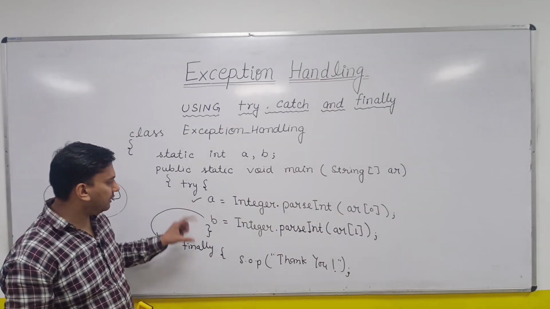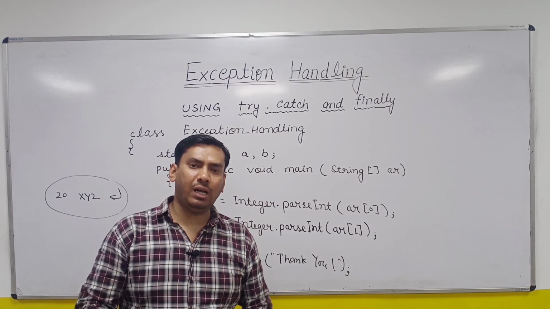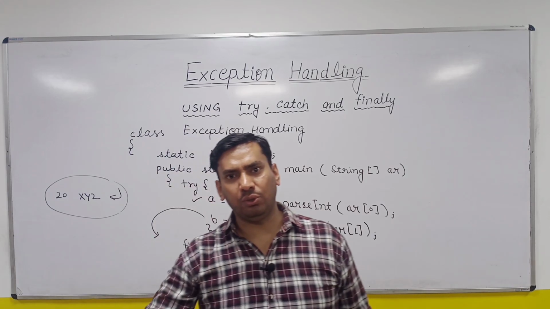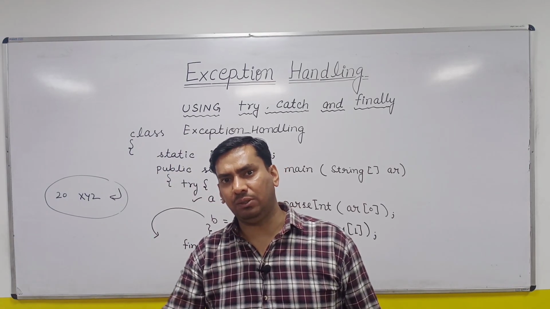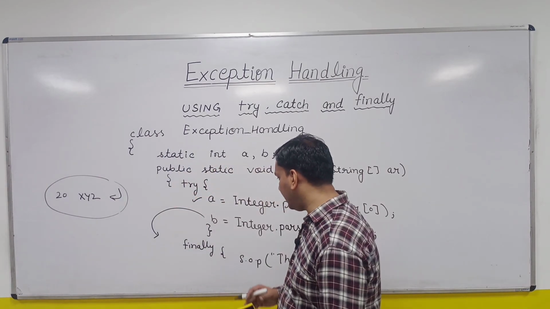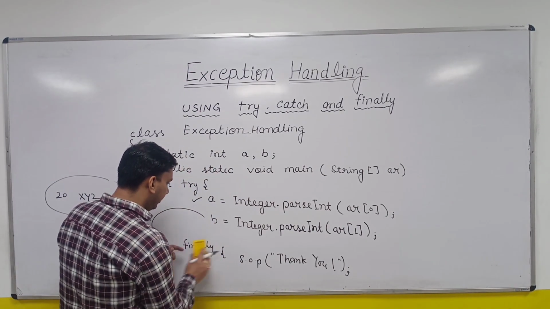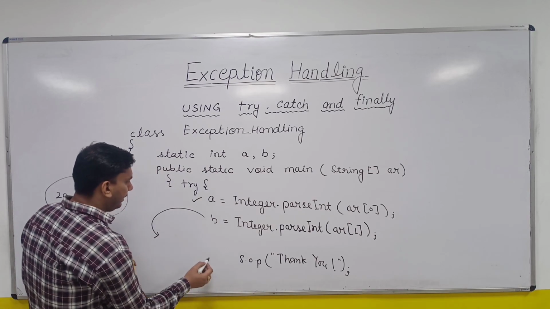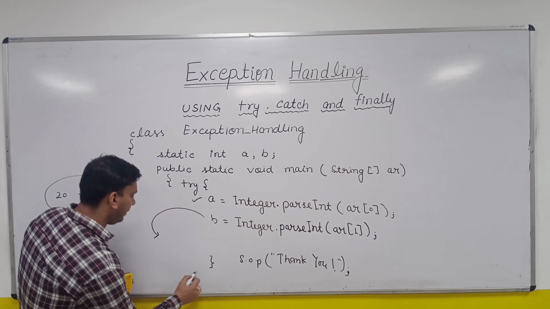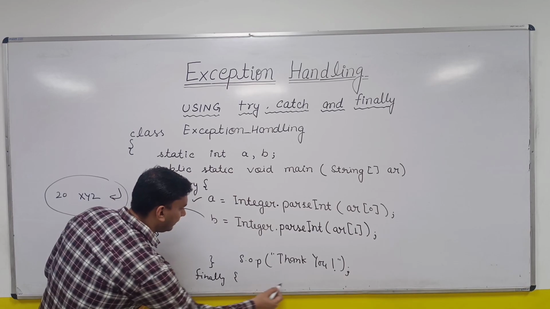So in this line, number format exception will be thrown. So as soon as the exception will be thrown, what I told you, you will be thrown outside the block. As soon as the exception is generated, the control will be transferred or the exception will be thrown outside the block where the exception occurred. So suppose you are writing this thank you here. Let's say you have written this thank you here. You are not writing this and you are writing thank you here in this try block, and then you are writing finally here. So do you think that this will be executed?